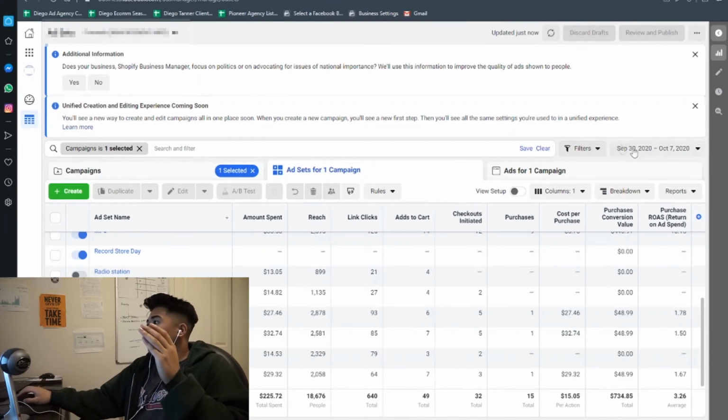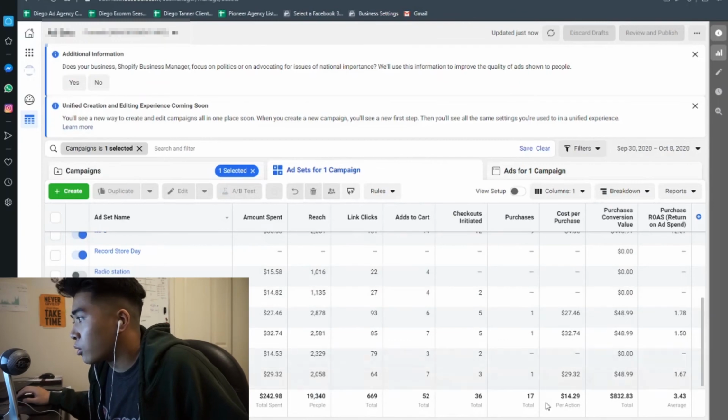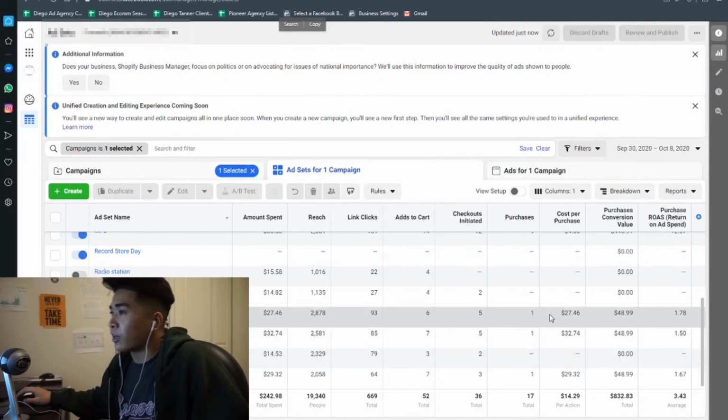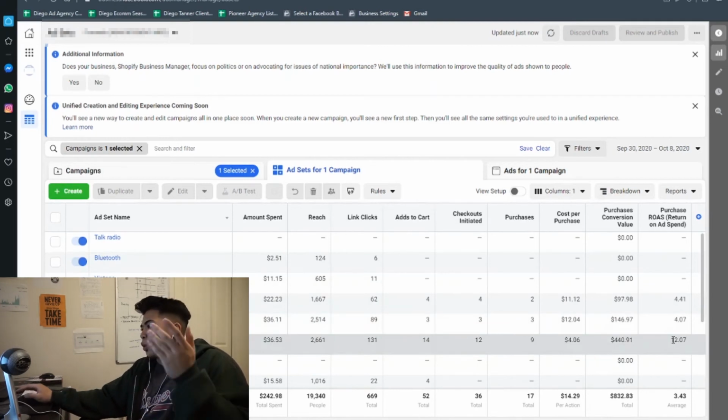So yeah, I'll go over the profit. I'm still trying to scale this product as it's just been a little over a week or so, right? So actually it's still pretty good. Cost per purchase started to go down even more, ROAS started to go even higher, right? And I would just continue to make ads. For example, this ad set was killing it. Look, it's at a 12 ROAS,